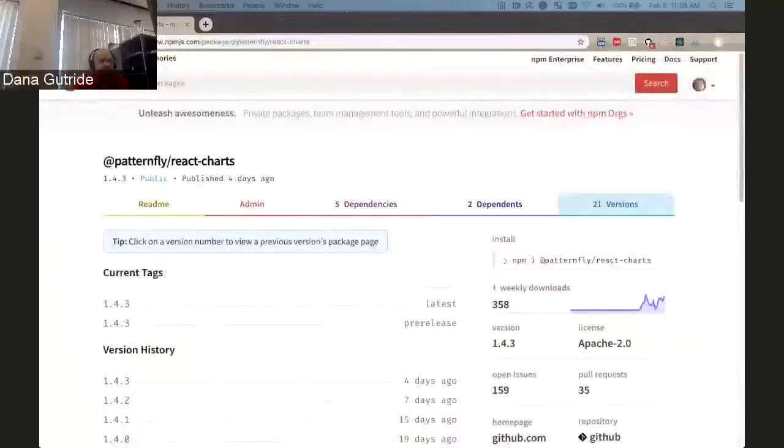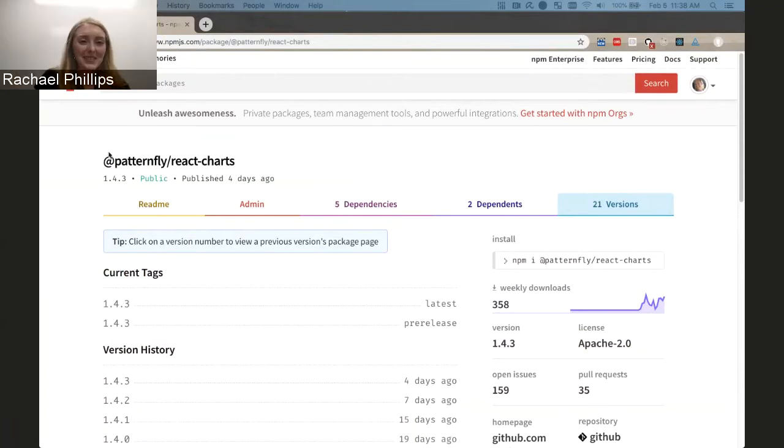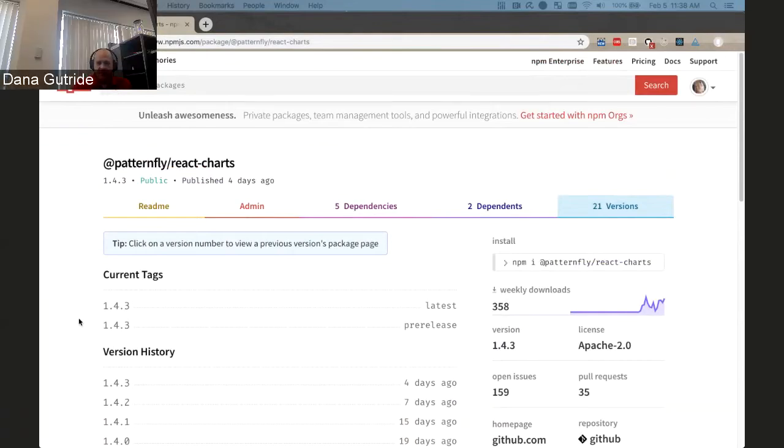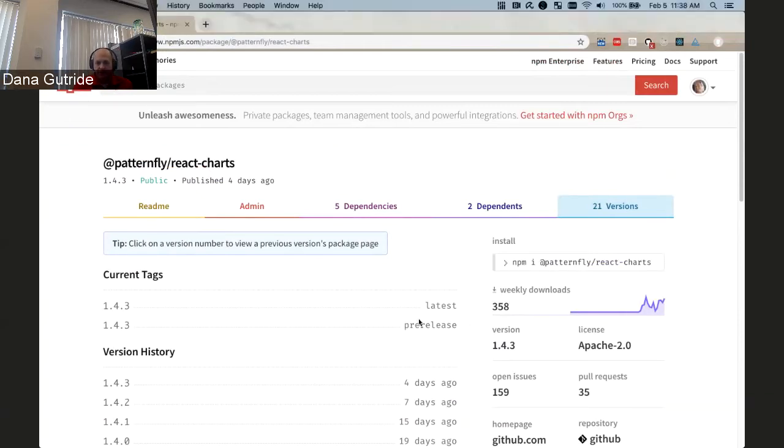I want to talk about a change that's coming in the next day or so. Do you see the NPM site here, Rachel? Yes, I can see it, React charts. Something we're introducing for all of our Patternfly 4 packages on the React side is that we're going to be redirecting the NPM packages into what we call a pre-release channel. You see, we did this with React charts for 1.4.3. Right now it happens to match what's on latest. So when you run npm install